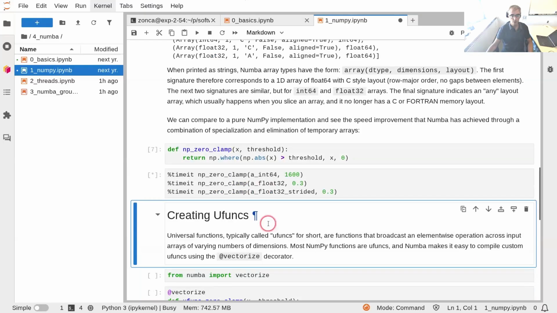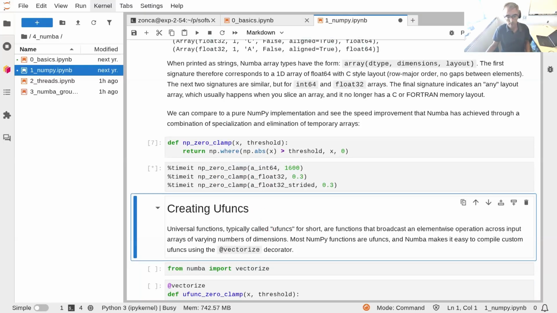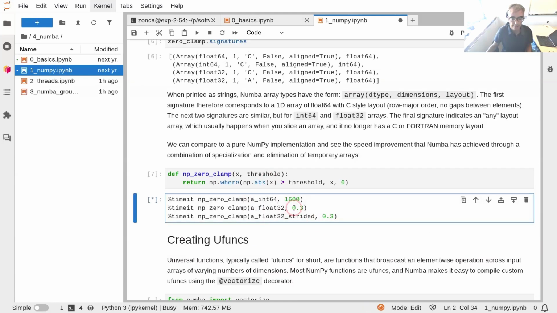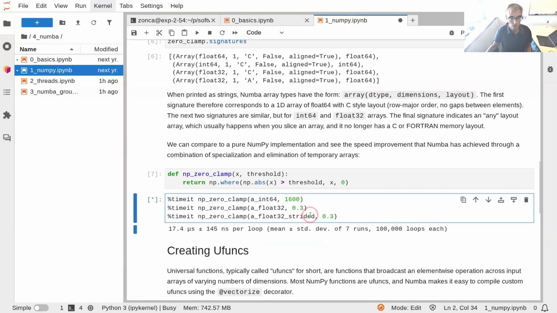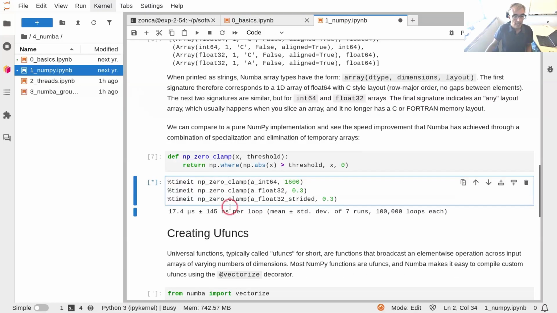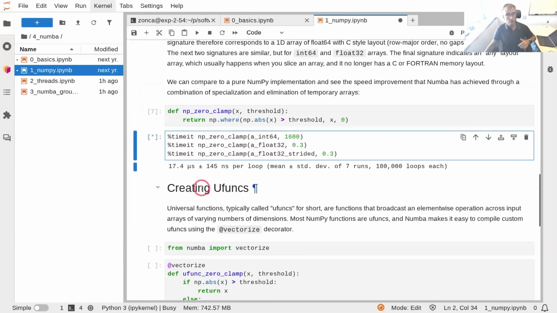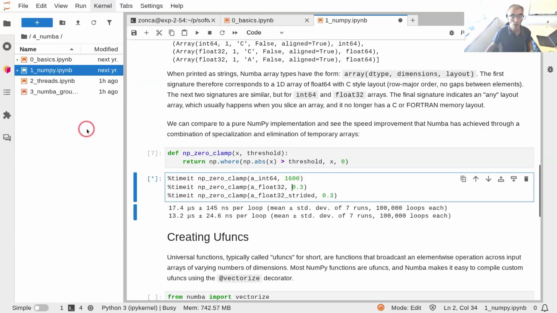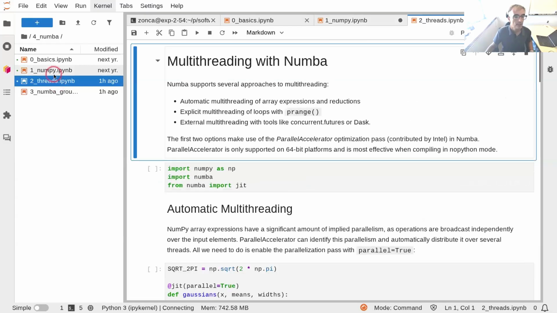Here we're just looking at the speed that you get with different implementations, but it's not very important. I'm going to skip creating new functions. That is not very interesting, but you can look at it on your own if you are interested. I think the most important topic that I wanted to cover about Numba